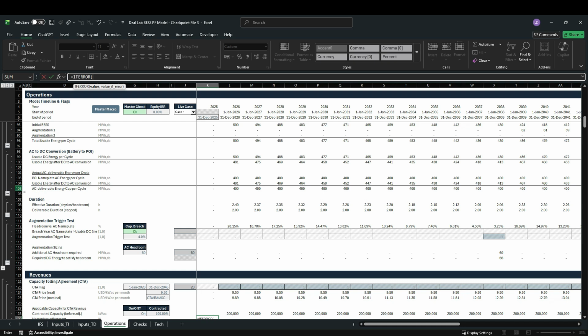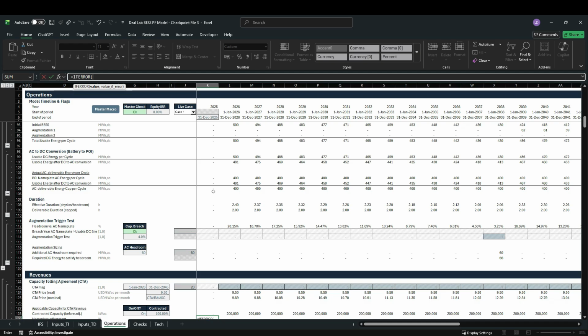And in our previous lesson, we have determined our AC deliverable energy cap per cycle. So this is the actual AC energy that the battery is able to deliver in each specific period. And if we were to breach any of these periods here due to degradation, we could not apply 100% of the capacity under our CTA, which is why we need an adjustment factor